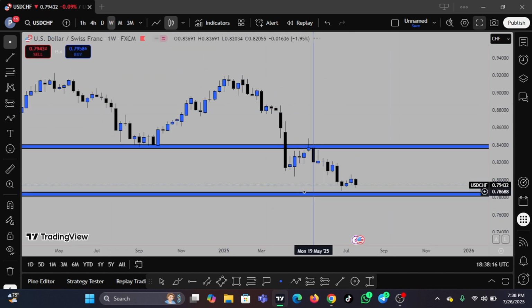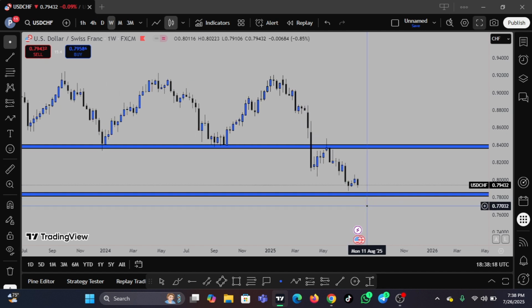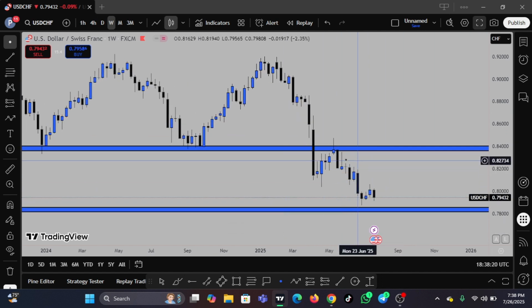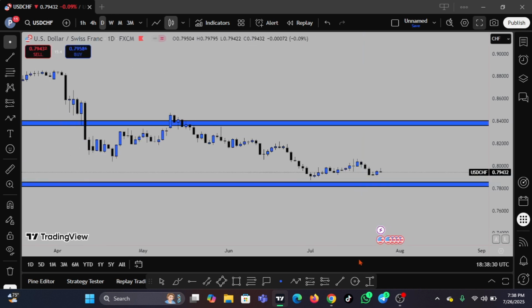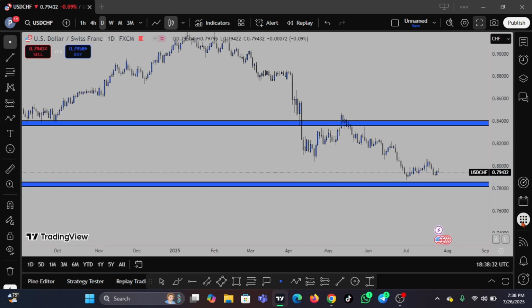Then on the weekly chart, it starts to become clear to us. We are still seeing selling structure on this weekly chart. So there's no movement of buy yet. You don't want to just join on the trade blindly. So now let's go to the day charts where it will have more meaning to us.